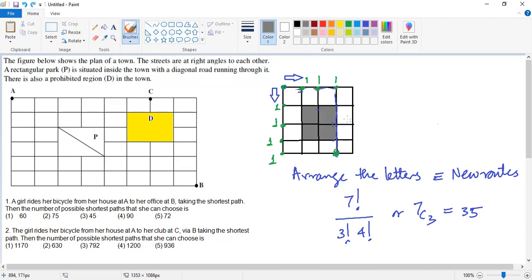So here it would be slightly difficult to do it using permutation combination, because we need to figure out at how many points we will be able to enter this block and how many ways we will be able to exit this block. So in how many ways can you enter this? You can enter through here, you can enter through here, you can exit through this point, you can exit through this point. So counting all that would be complicated, so it's a simple way, we'll count as we had discussed. So let's see how that goes.